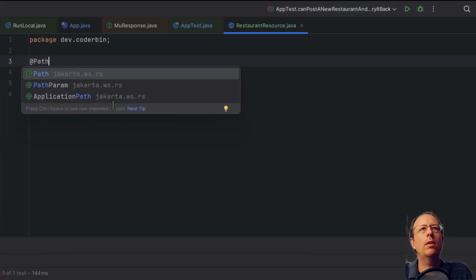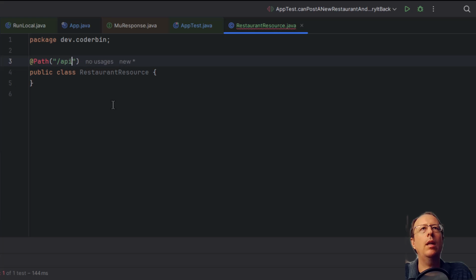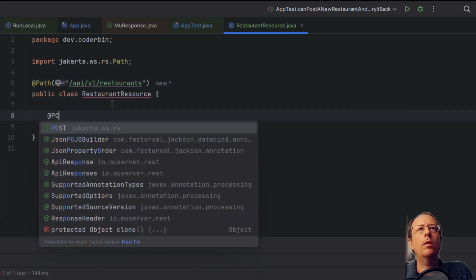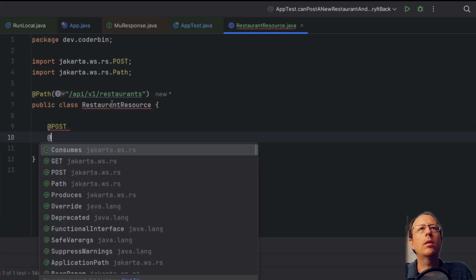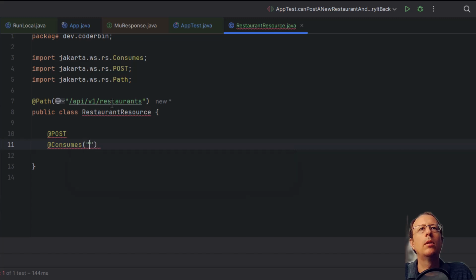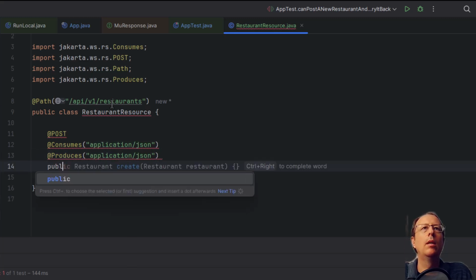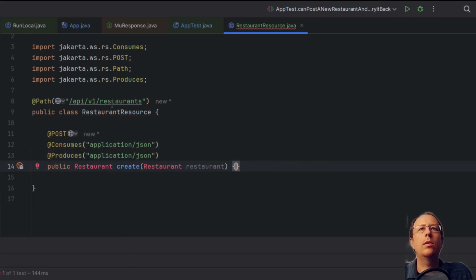We want to serve this from API v1 restaurants, because it's the version 1 of our API. Let's import that. Okay, and we're creating a post method. So this consumes application JSON. It produces application JSON, or it will anyway. And let's do exactly that.